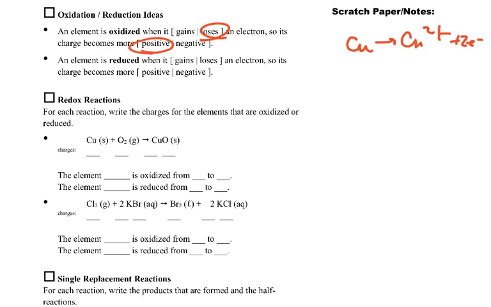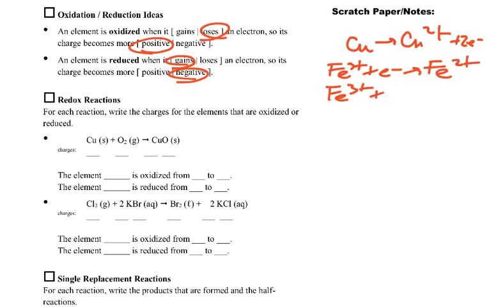So that's a big thing. And reduction, the opposite thing, is that it's going to gain some electrons and it becomes more negative. So an example might be when something like Fe3+ picks up an electron and becomes Fe2+. Or if Fe3+ picked up 3 electrons and became Fe neutral, that would be possible. Or if we have something like oxygen turning into O2-, each of those would be